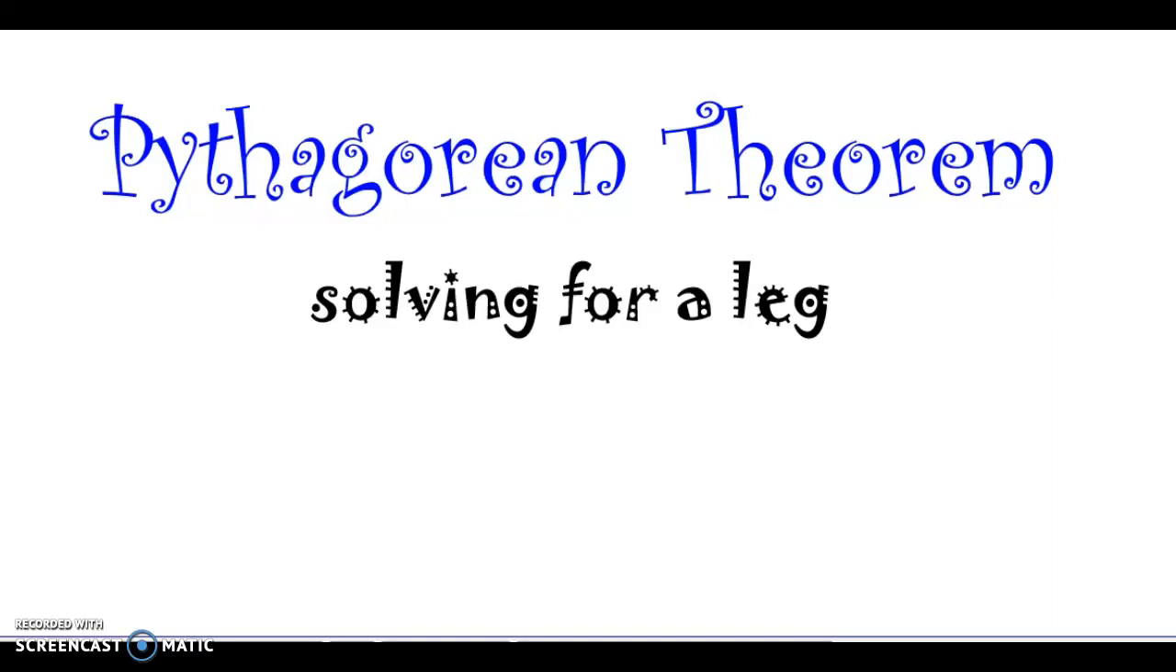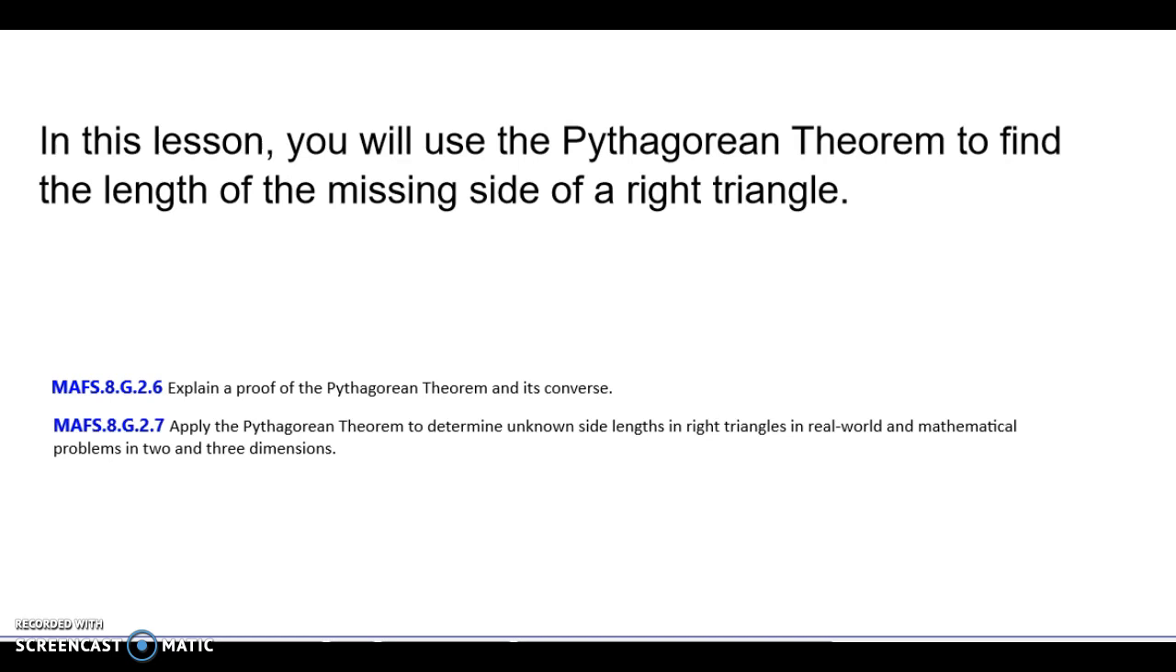All right, in this lesson, we are going to be using the Pythagorean Theorem while solving for a leg, and not a human leg, but a leg is the term that we use for a side of a right triangle. So in this lesson, we are going to be focusing on these two standards, which is like the last one, explaining a proof of the Pythagorean Theorem and its converse, and applying the Pythagorean Theorem to determine unknown side lengths